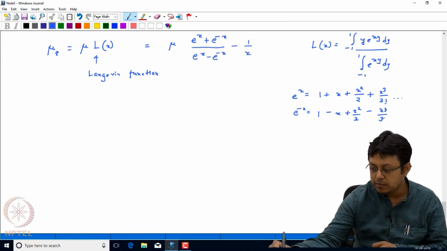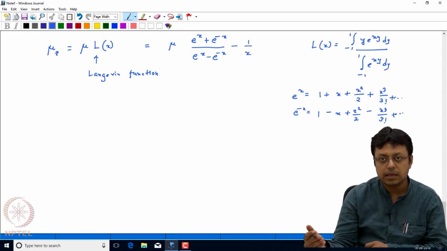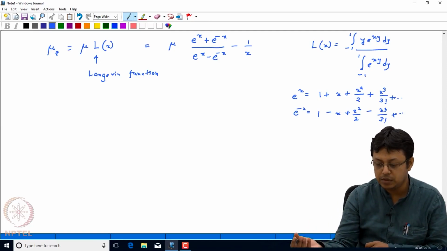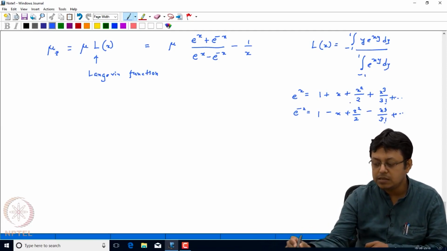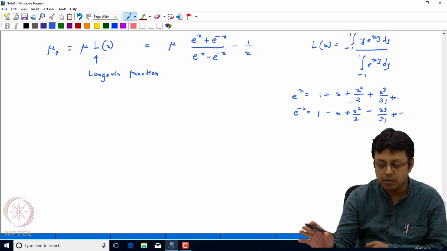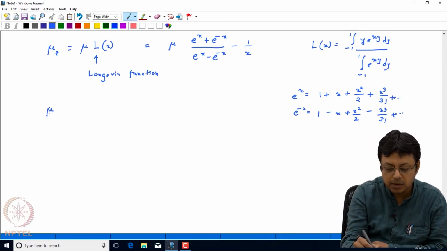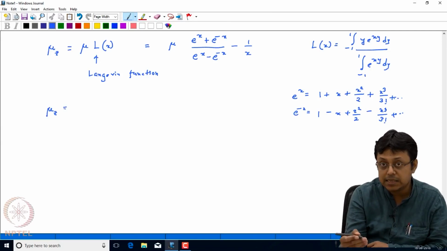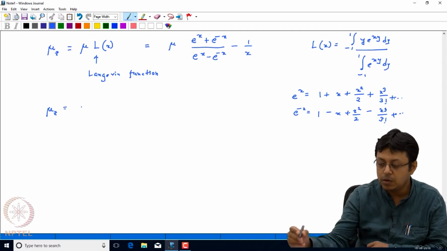Minus x cube by 3 factorial and so on. So now you can think about how many terms we will include. Now I'll show you. Suppose I just include the first two terms, 1 and x, but then I'll have a problem. What is the problem? If I want to calculate mu z, I'll not get an x dependence. Let us show it. So if I just truncate x up to the second term,